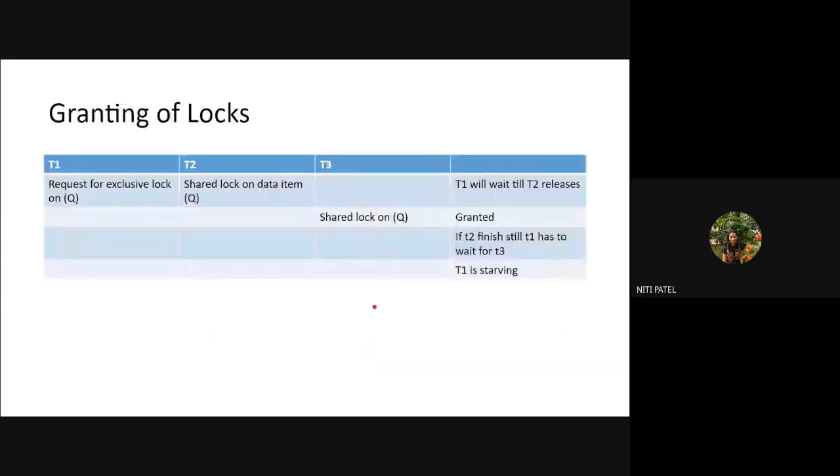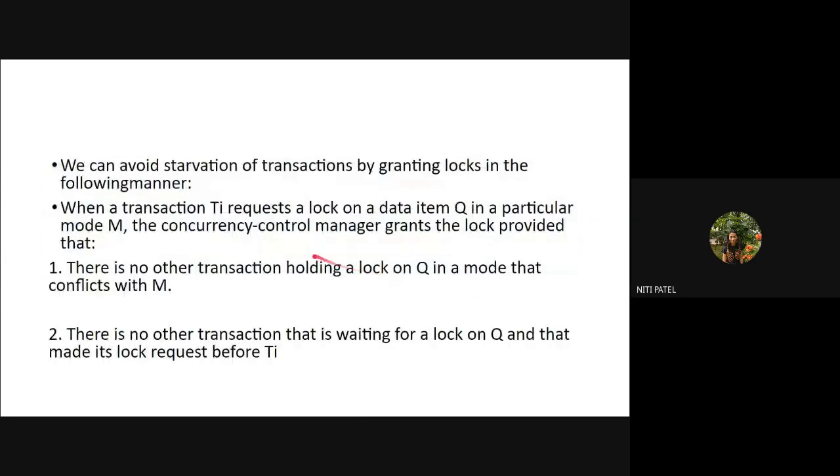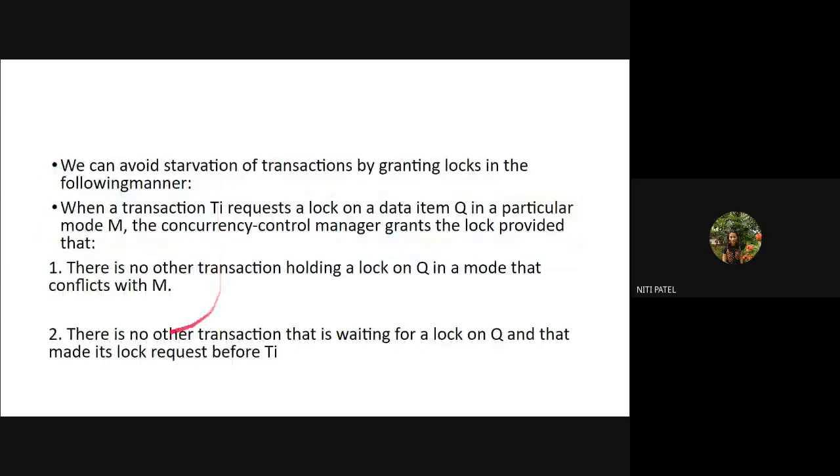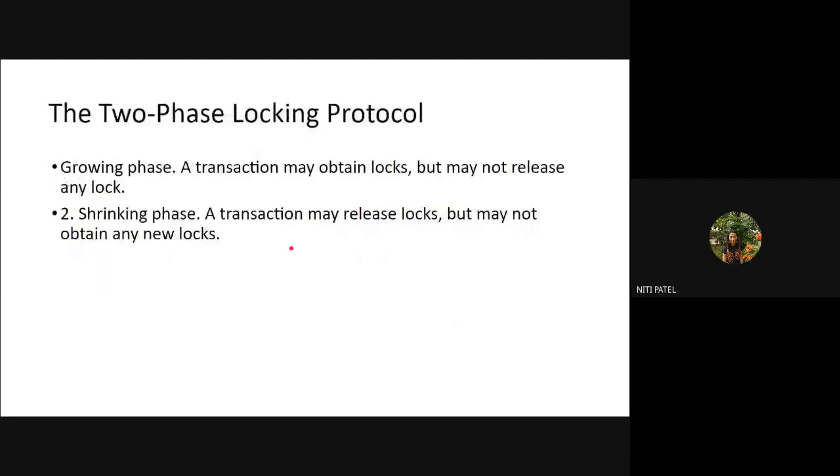But what are we trying to achieve here? We are trying to reduce the conflict as well as avoid the unnecessary rollback of the transactions. Even if by mistake the data item is allocated, some transactions will have to be rolled back in the future because of the conflict. So the main reason for avoiding starvation is to reduce the conflict and reduce the rollback of transactions. Is this clear? Yes, ma'am.